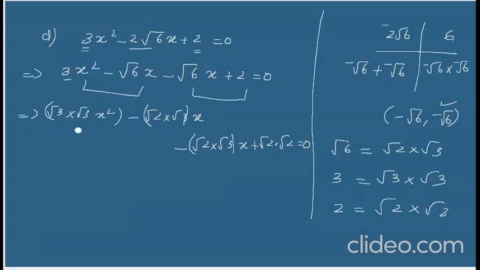Okay. Now, consider the first and second term. What is common here? Root 3 x square. Here root 2 root 3 x. So it is very clear that root 3 and x is common. So let me take this root 3x outside. So I took root 3x. Now within brackets, this root 3 and 1x has gone. So what is remaining here? It is root 3x minus. From here, I've taken root 3x outside. So what is remaining? Root 2.